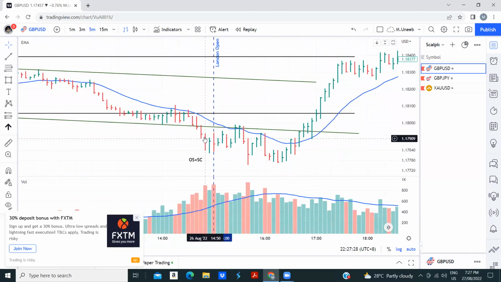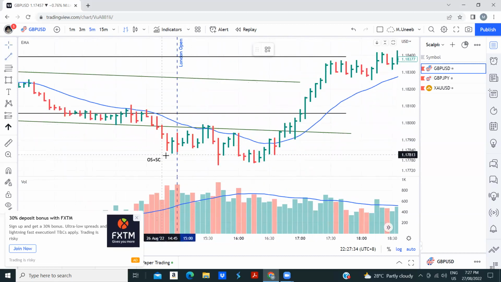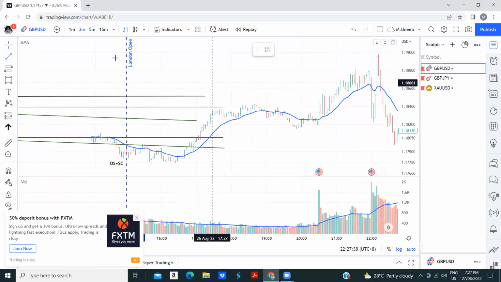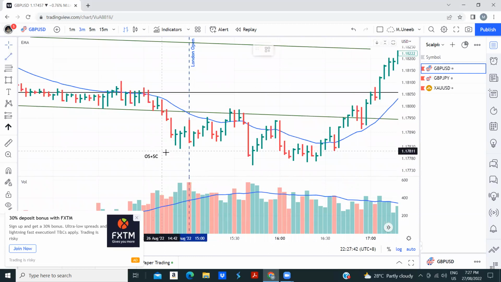Okay, so what did you see now? We have an oversold. London opens here. Okay, when you have an oversold here, go to the 3-minute time frame, look for the entries on a 3-minute time frame, after refining on 5 minutes. So what did you see? This is oversold. If this is oversold,